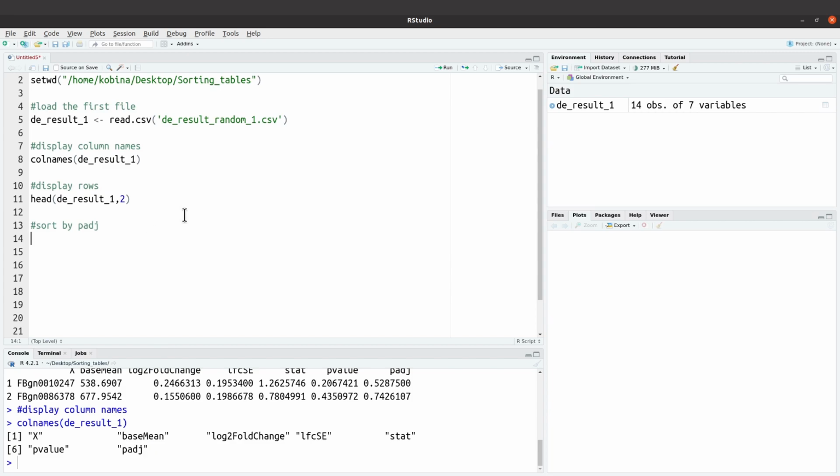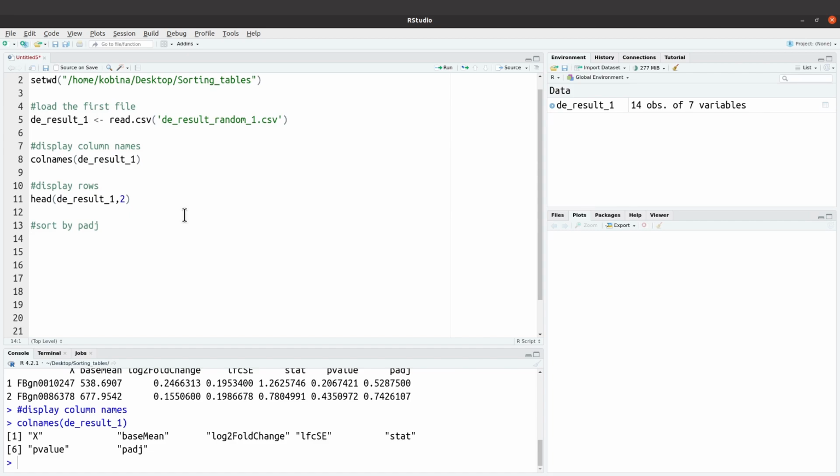Now with the sorting, there are a number of approaches, but for this tutorial, we are going to use the order function. That's what we are going to use. I'll make some tutorials where I show the other approaches, but for this tutorial, we are going to use the order function. So take note of that. If you are going to sort based on a column using the order function,